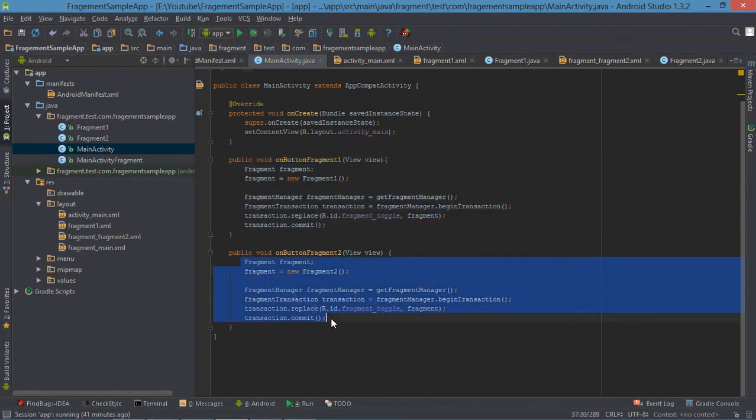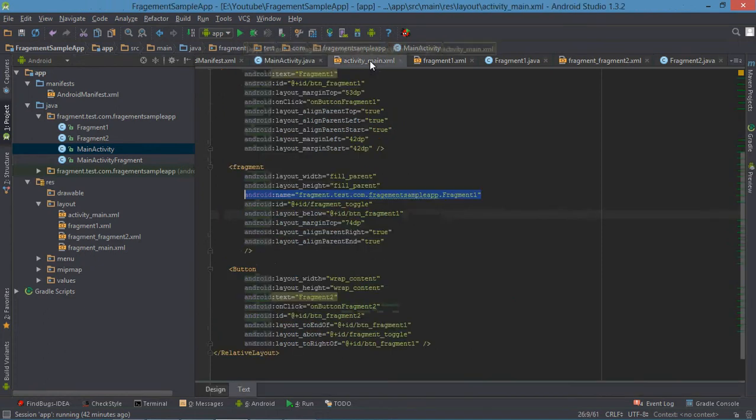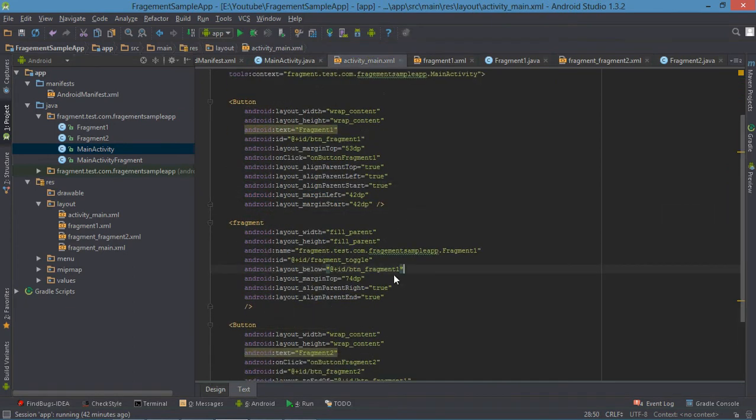Let's see. Fragment equals new Fragment1, fragmentManager equals getFragmentManager, and transaction equals fragmentManager.beginTransaction. Then transaction.replace with the ID, which is mentioned in our layout, that is fragment toggle, with our fragment instance.